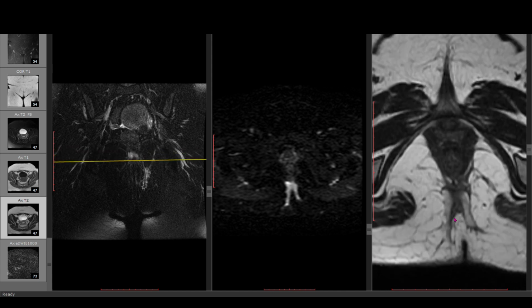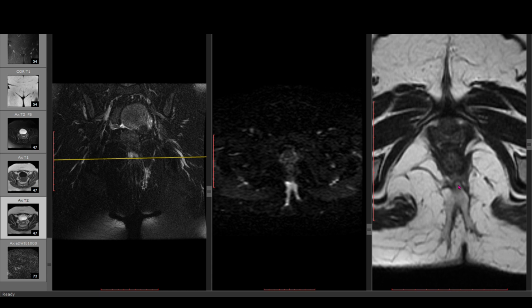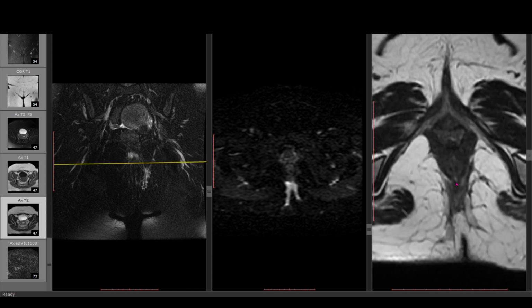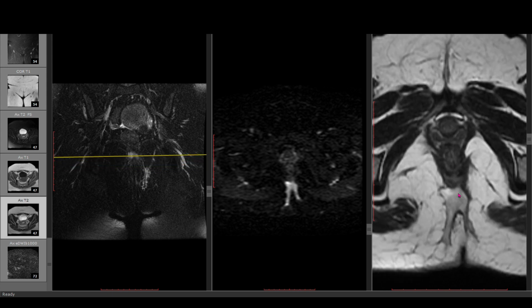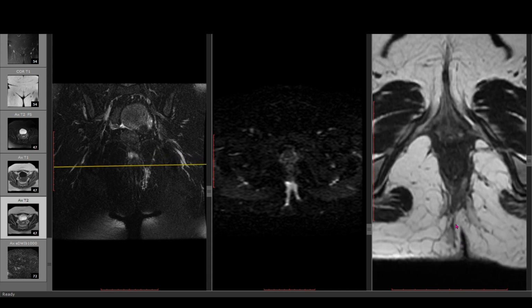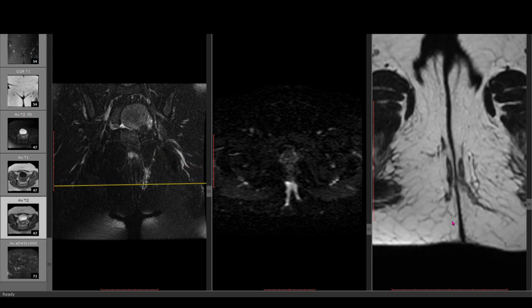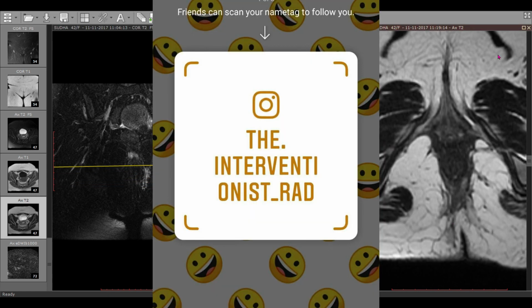Now the question is, where is the track? You can see here closely, you can see a track which is going anteriorly, and it is piercing the external sphincter and going inside like this. So the internal opening is also very well maintained here. So this is a complex transsphincteric fistula. We graded it as grade 4 fistula. So these are the cases which I wanted to discuss with you.